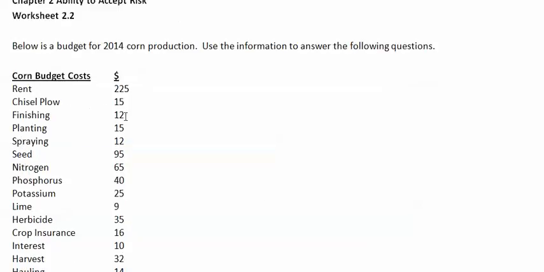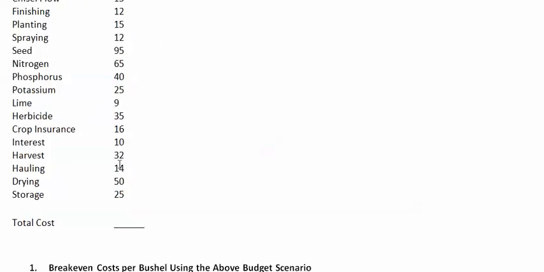As you see here, I have a corn budget listed for you with all the expenses for the year. We can predict pretty close what those expenses are going to be for the year. Once we buy our seed, fertilizer, pay our rent, for example, those costs are locked in. So let's go ahead and add those up. When we do that, I come up with a total of $695 per acre